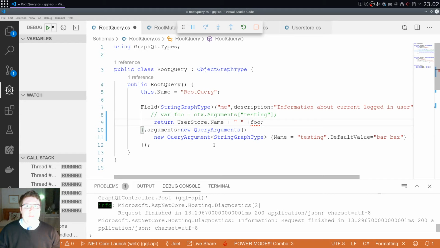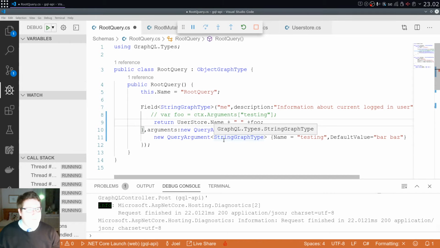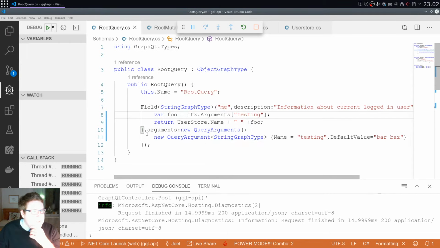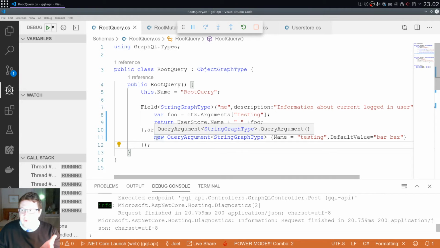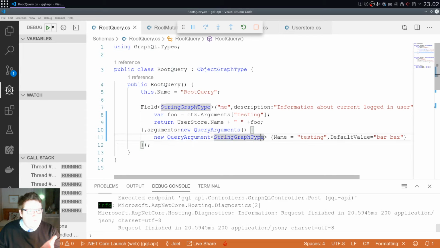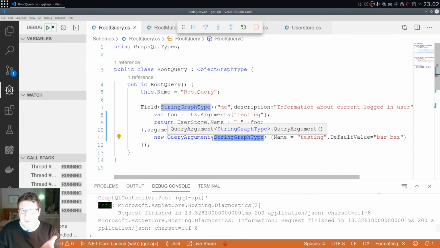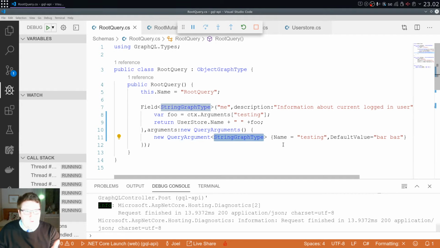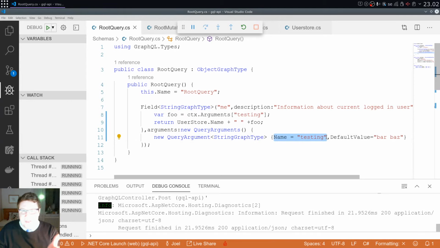That was like a static class in our project here to just have some mock data. So what we did was to add arguments here, and we defined which arguments that was going to be in this resolver, and it was of string graph type. That is, the API is expecting that the argument should be of type string, obviously. And we gave the argument name testing,